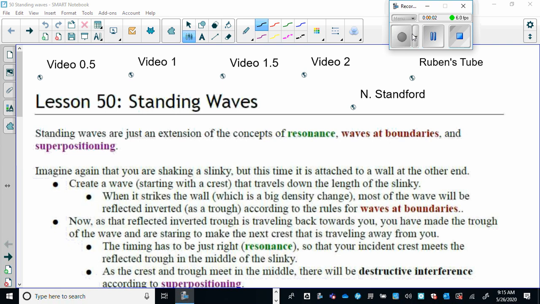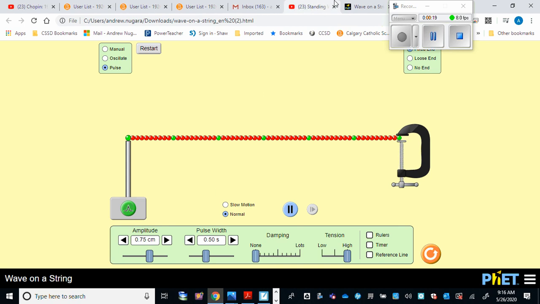Lesson 50 is standing waves, and as you can see from my smartboard page, I love standing waves. I've got tons of videos that I show for standing waves. It's really important. I know I keep saying this, but it's really important that you go onto YouTube and watch some